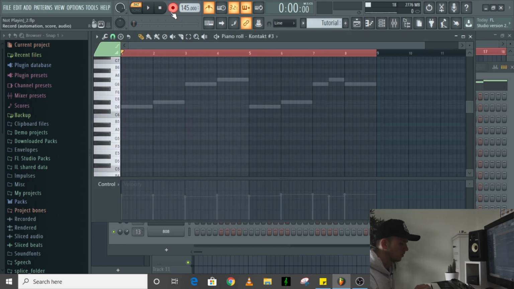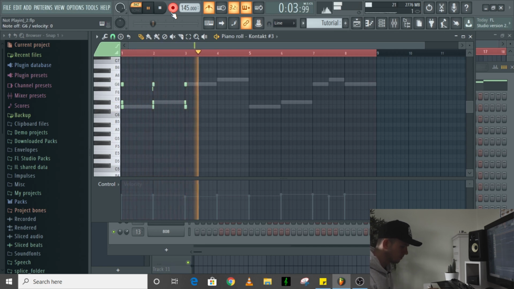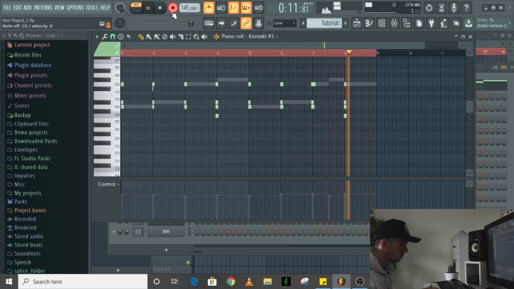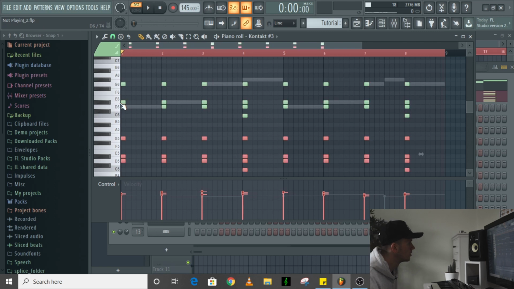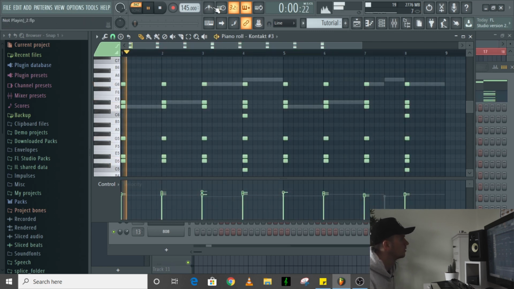All right, so for the chords, I want them to be quick, like stabs. And then I'm actually going to double these up, so I'm going to Control A, highlight everything, hold Shift, drag it just to copy it, then Control down to duplicate it. So now we've got